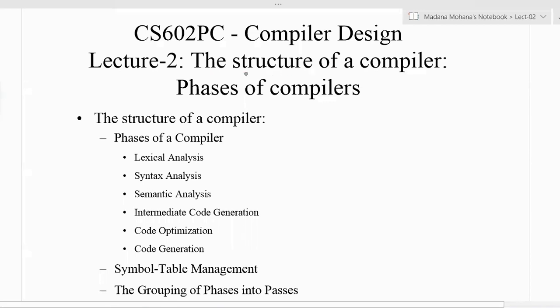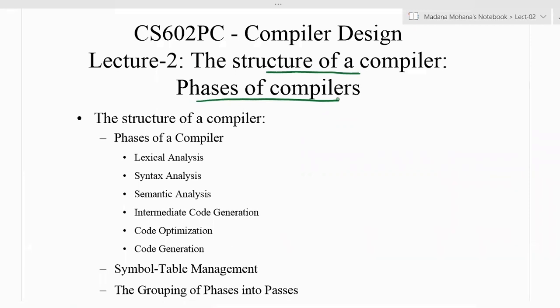In this structure, the major structure of the compiler is the phases of the compiler. In the last class, we mentioned the compiler consists of 6 phases. All these 6 phases can be represented diagrammatically, pictorially.